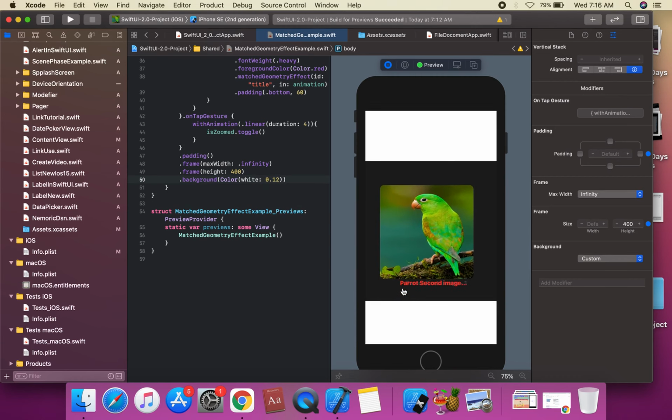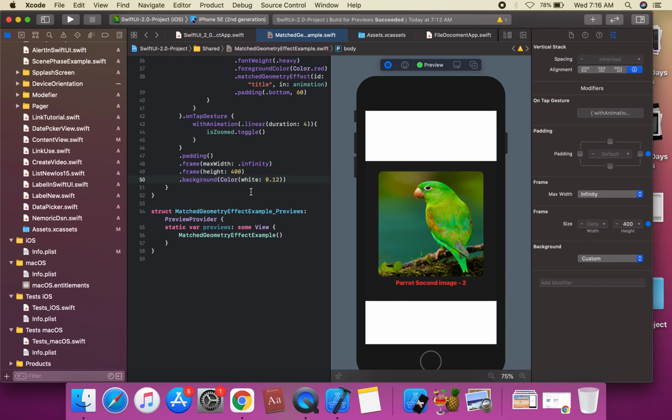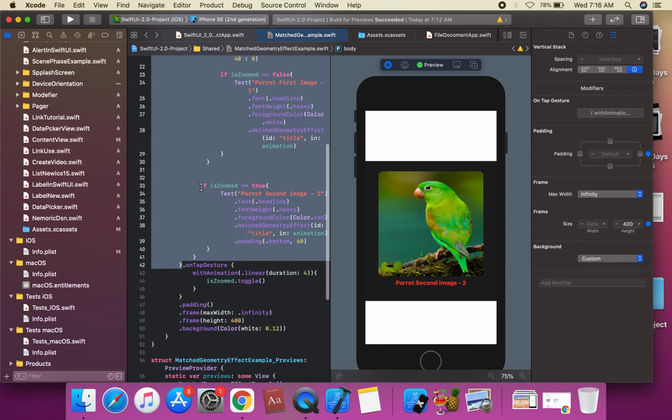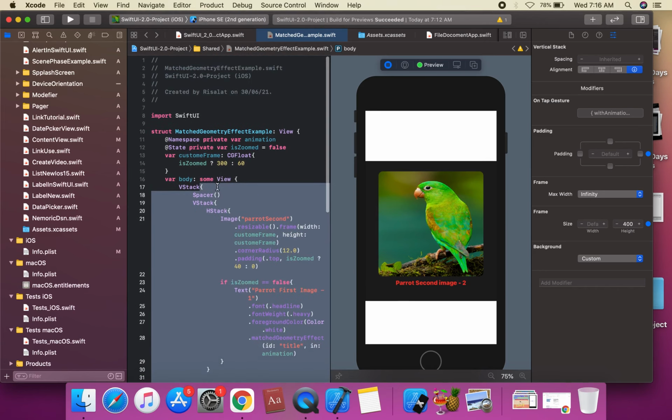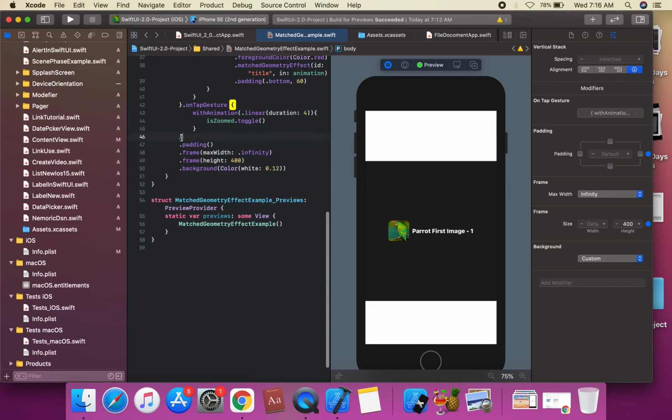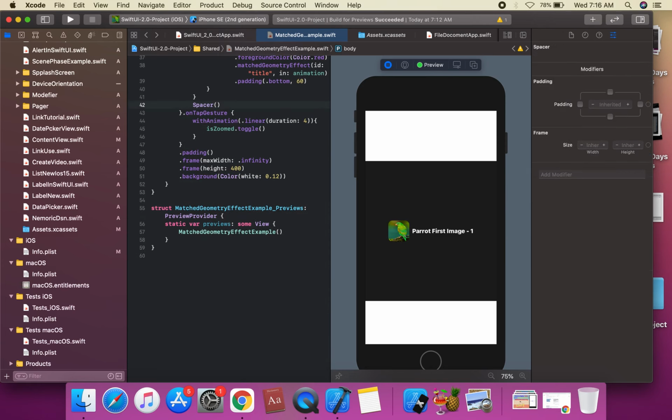We're going to apply the spacers in the VStack, with the bottom, command X. We apply the VStack at the bottom and assign the VStack spacers. Okay, we're going to use our spacer and images.